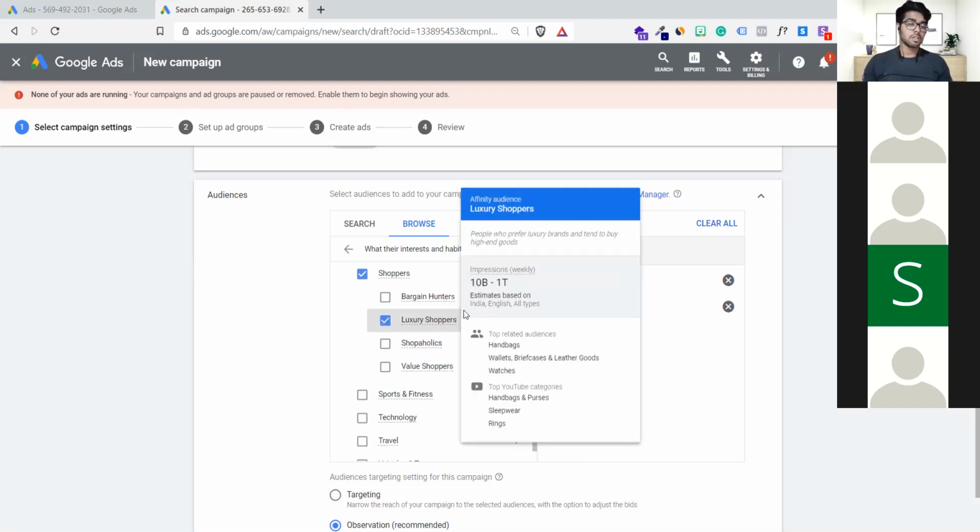If you click on this, it will show you the impressions. You can get 10 billion to 1 trillion in the database, which is huge, in India itself. In English, all types of related audience, it will cover from handbags to wallets, briefcases, leather goods, and watches. And do you think all these materials are super luxury, right? Handbags, wallets, and briefcases are super luxurious things for some people, correct?